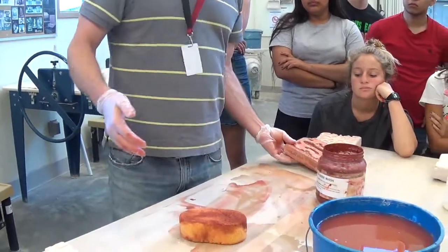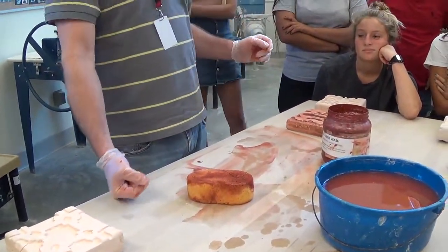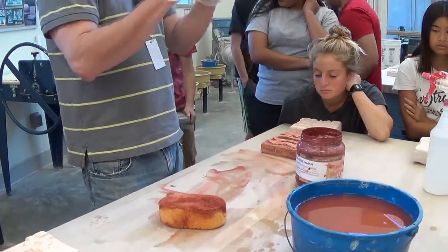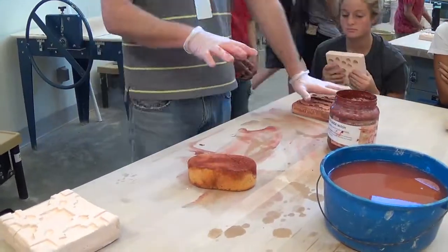Okay? If you have a broken piece, come talk to me. I'll have special instructions for you if you have the parts. As long as you have all the parts and you can stack them together and they fit, we'll put glaze in the inside. I'll show you how to fix it. Okay, guys? All right. Take a picture and upload it to